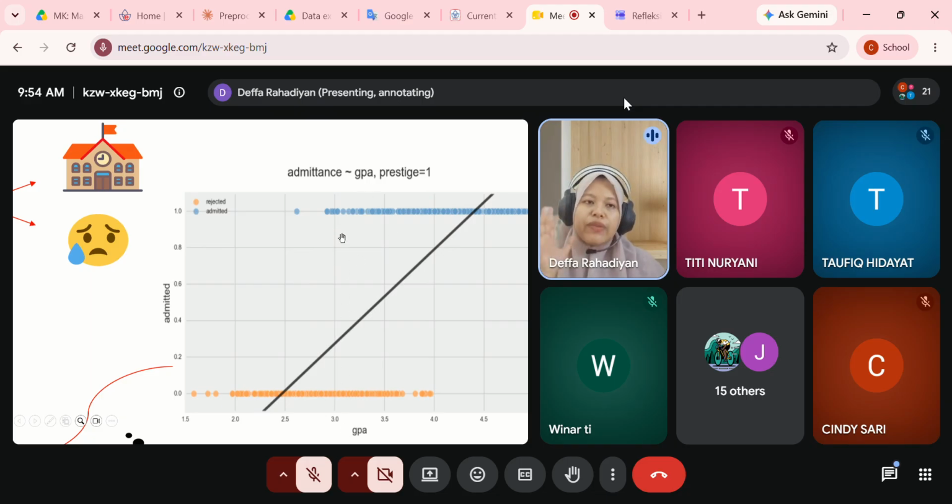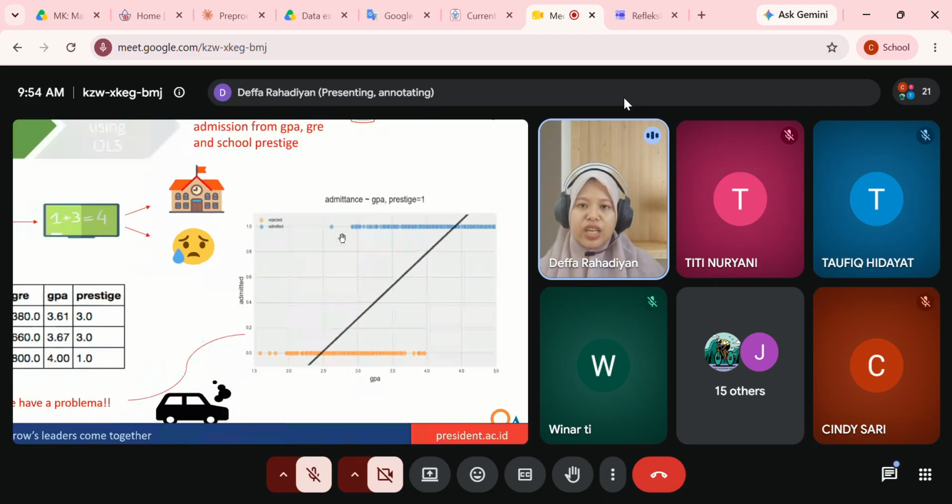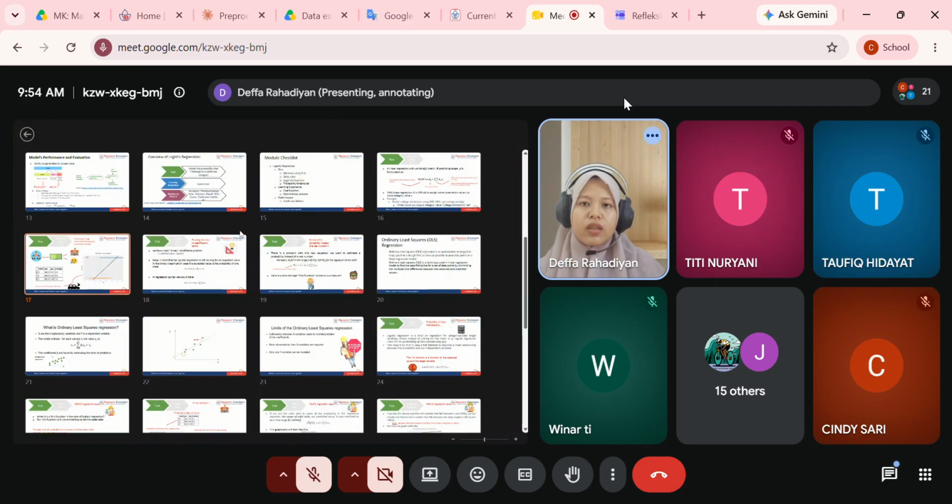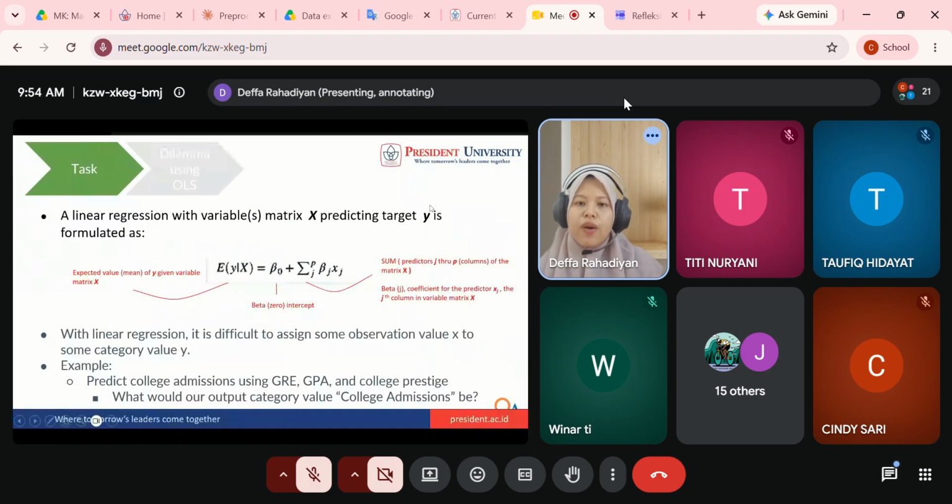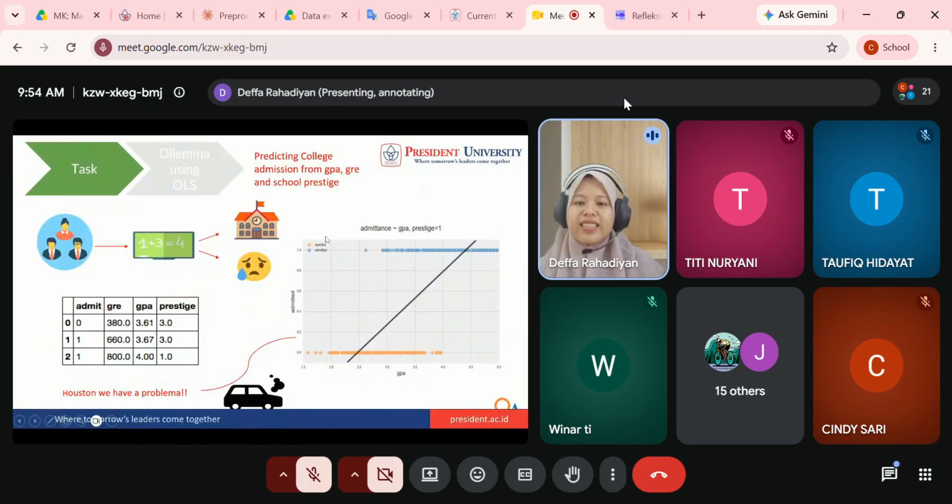That's why using linear regression for classification is not possible. Why not possible? Because like the name, linear regression, it will divide the different classes using a linear line or linear function. And the linear line looks like this.